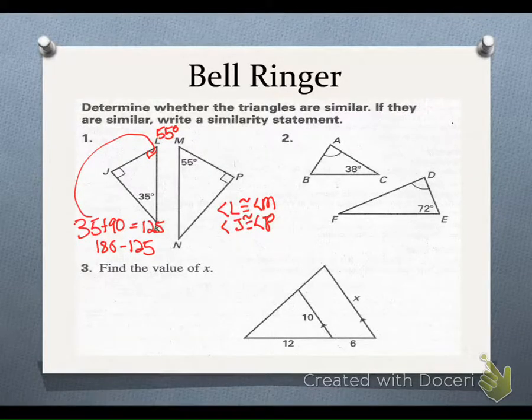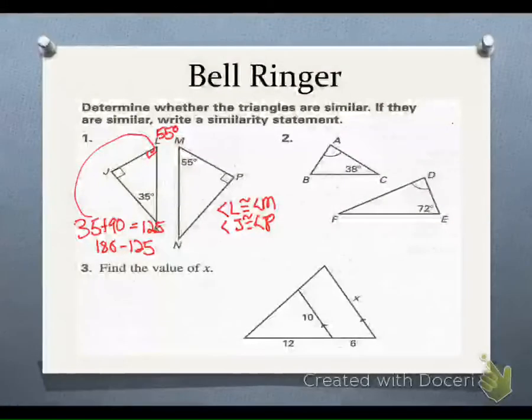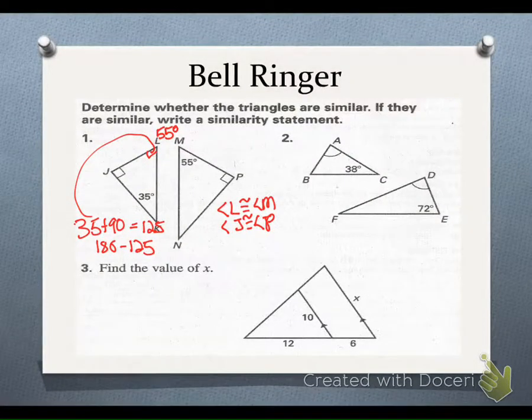Now, since we've shown that two angles are congruent in each of the triangles, we can use the AA similarity postulate, which is what he's going to use. And then we are going to write out our similarity statement. Do you want to do that one as well? Okay. So if we're going to write that out, remember we write out our triangle symbol, and then we're going to write out JLK